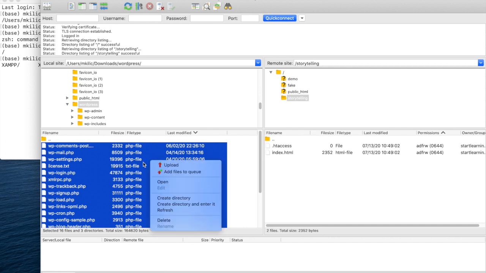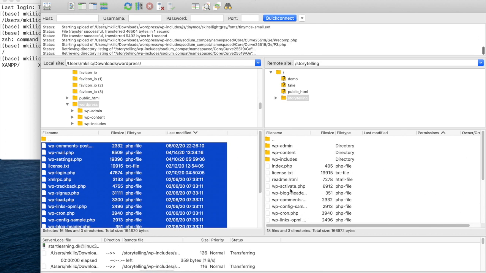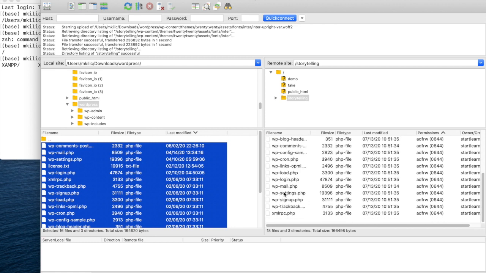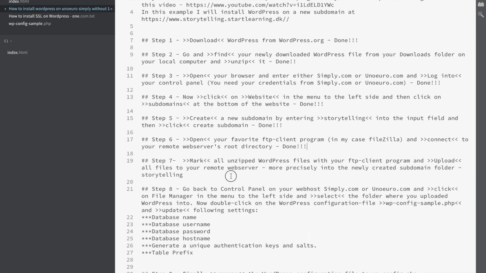So all the files here that I have marked will be uploaded to the right side, which is my remote server. Upload. Yes, and we're almost done. The upload process took a few minutes. So here you see on the right side we have now uploaded WordPress to my remote server. So we're done with step